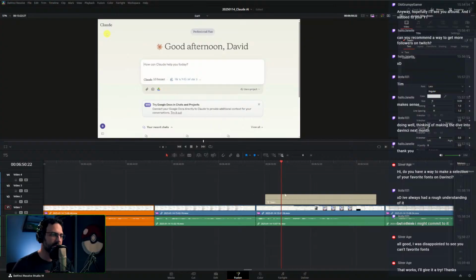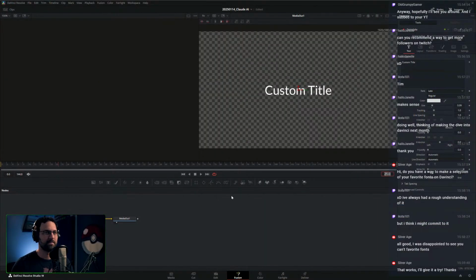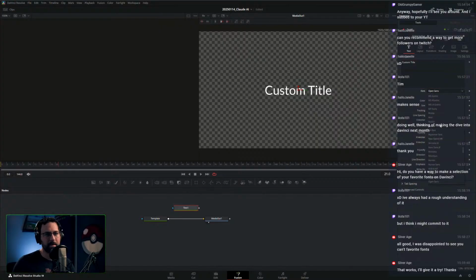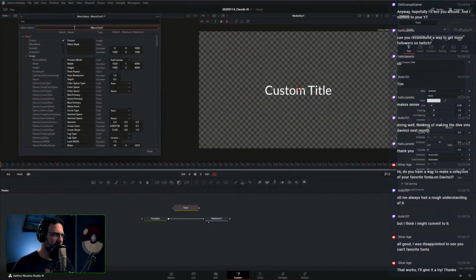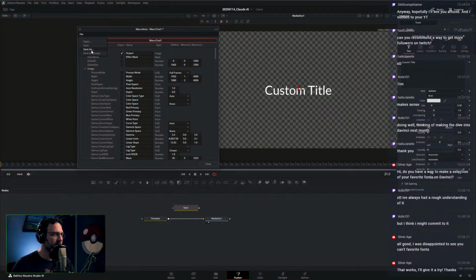So let's say I did this in Fusion, and I'll just bring in a text node. You could do the same thing with a text node. I could just leave it blank, but I'll do custom title just to match it. And I could switch the font here to Gotham. And then right click on that, create a macro, and save this as a macro. It's not the greatest way to do it, but